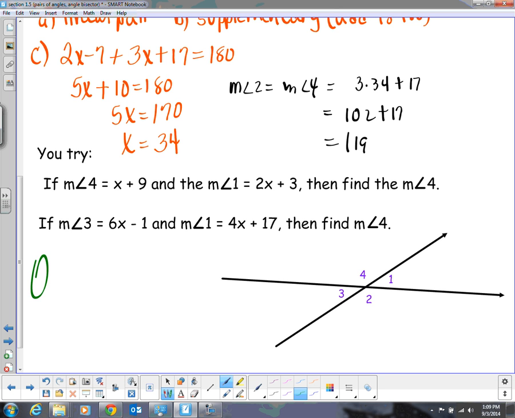And I want to see these two problems on the same paper. This is to be turned in, so this should come after your word maps. And these two problems are going to count as your